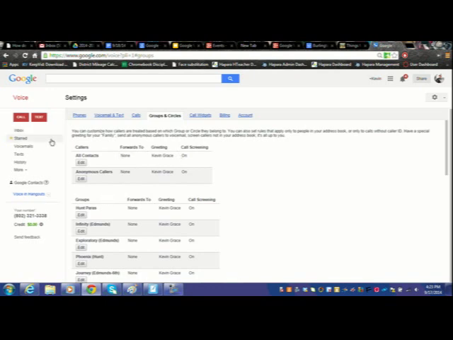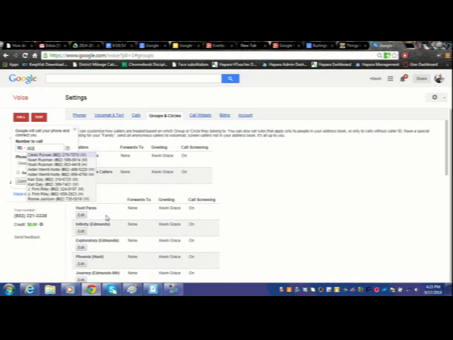I also have the ability to make a phone call. Once I enable the plugin for Google Voice, I can do this. So if I wanted to call my home, I can type in the number and connect. It says using Google Talk. I also have the choice to use Google Hangout, which I prefer not to use. Once I connect,